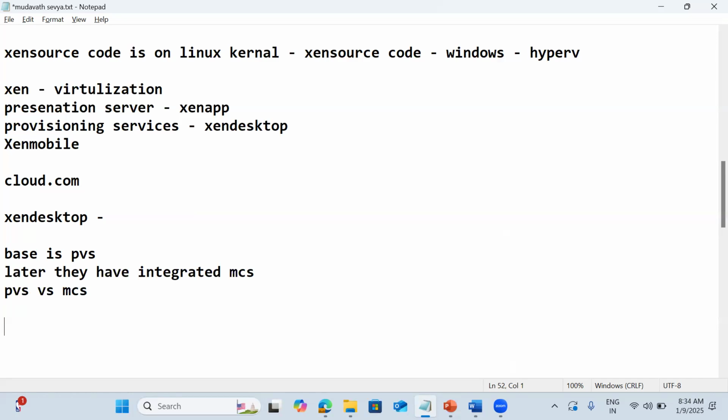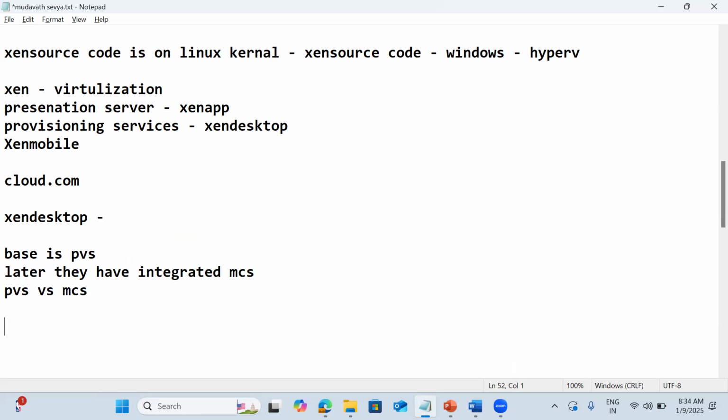One is Provisioning Services, the second one is Machine Creation Services. Both are very good technologies. Initially we used to have PVS, later we moved to MCS.